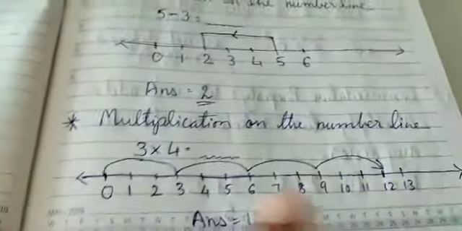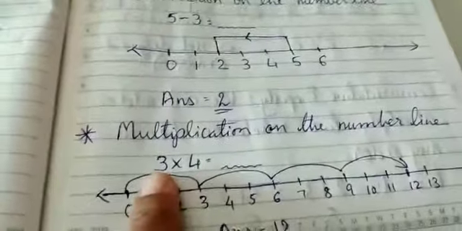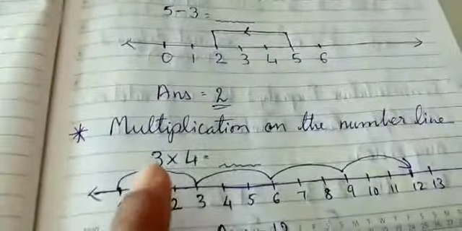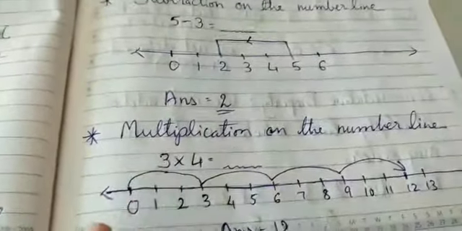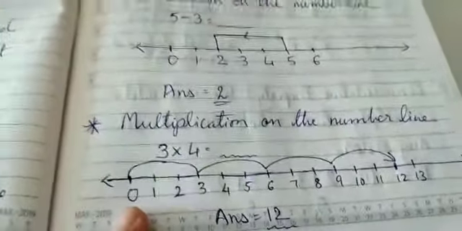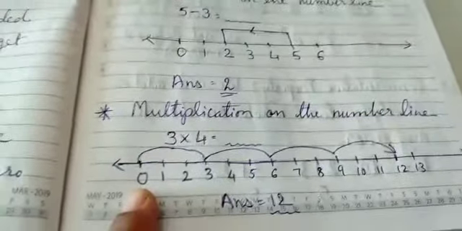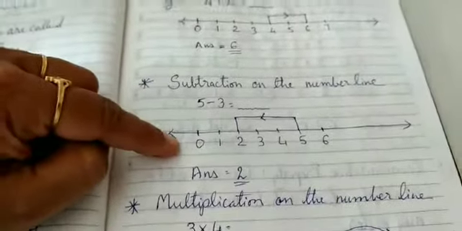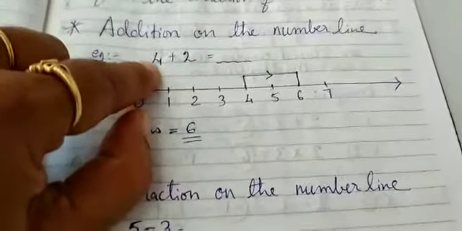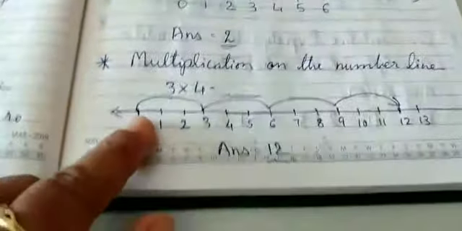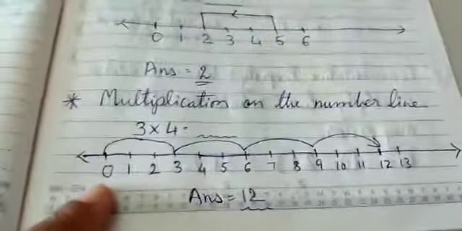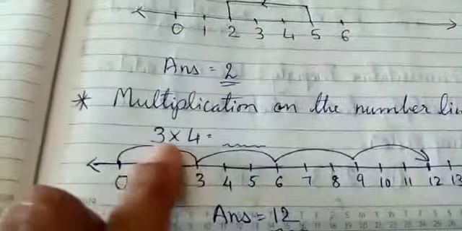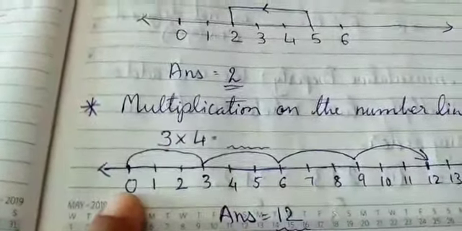Is that clear? So we have to see what 3 tells you, how many numbers you have to take in one group. So 3 numbers, and here you have to start from 0 every time. You have to start with 0 only. In the above 2 cases you need not start from 0, you had to start from the first number. But in the case of multiplication, you will start with 0 always. Okay, so you are taking a group of 3 numbers but excluding 0.